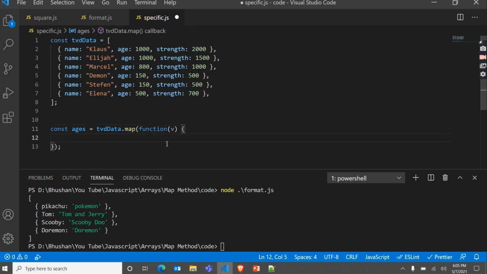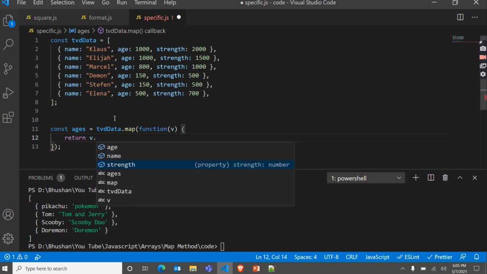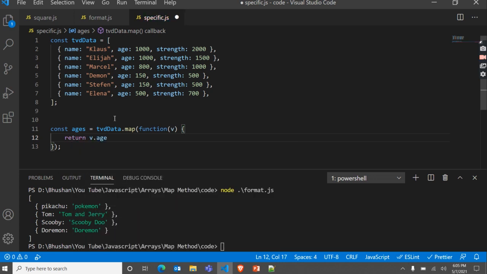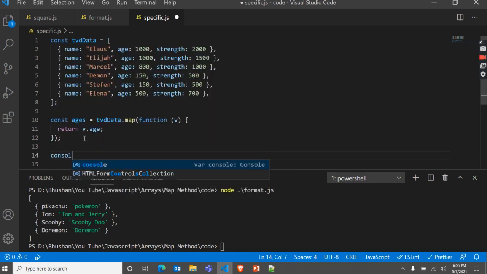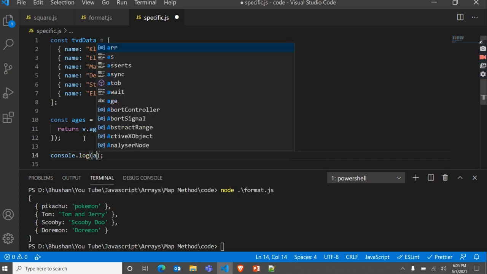We want the age of all these characters, so we need to return this age. We can get a single value using v.age, and we can return this. Let me console.log the variable name ages.